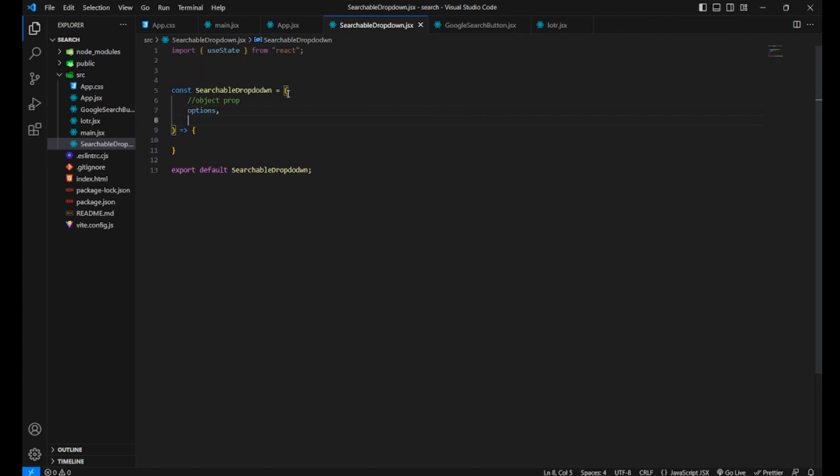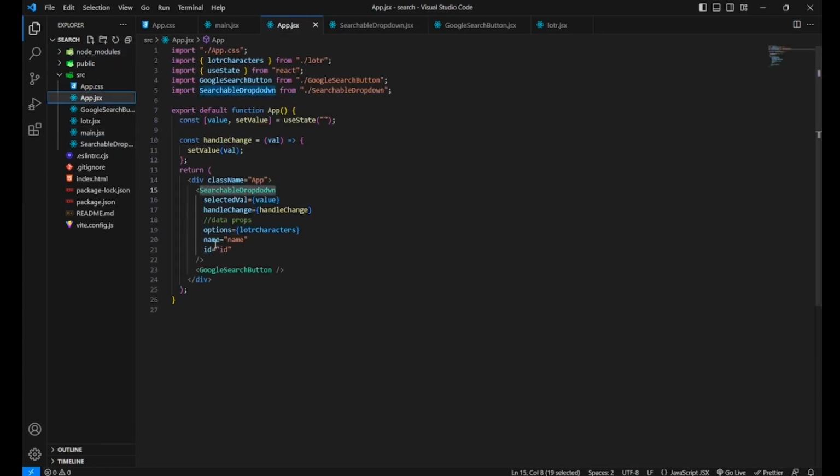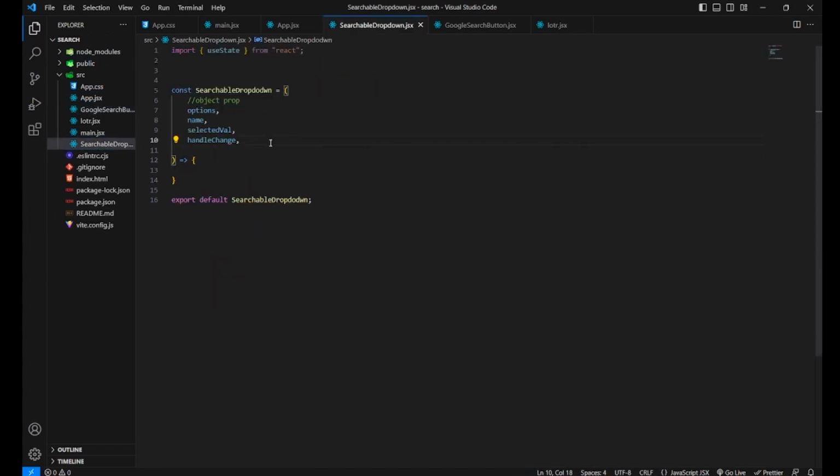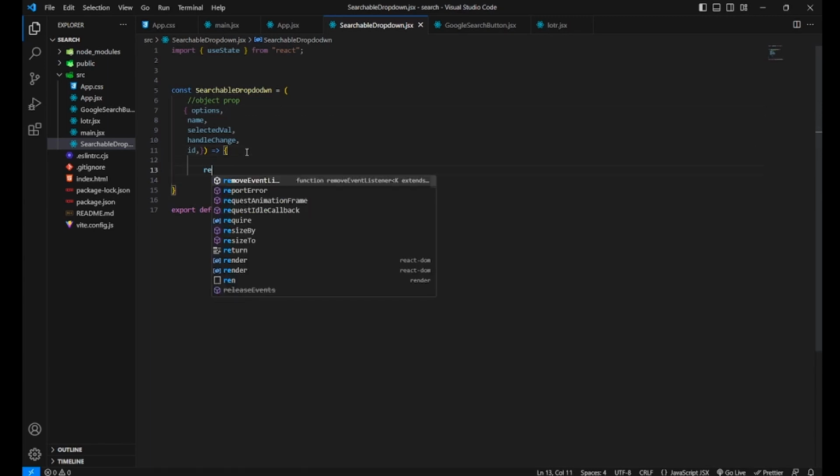Options, name, selected val, and the change function, and last one was ID. Okay, so this we are passing as an object, and let's return